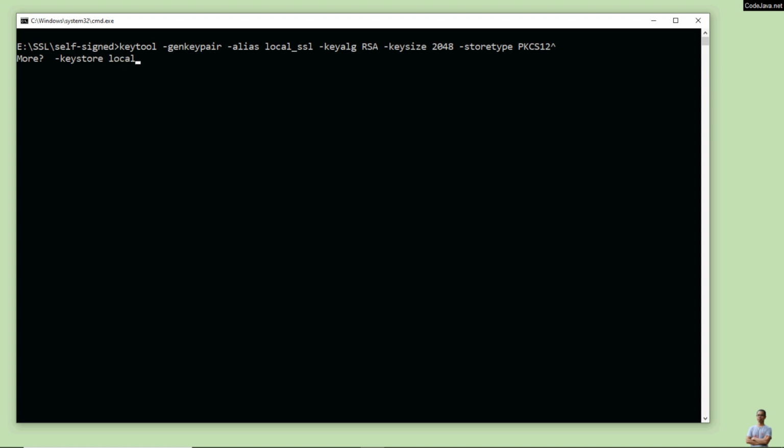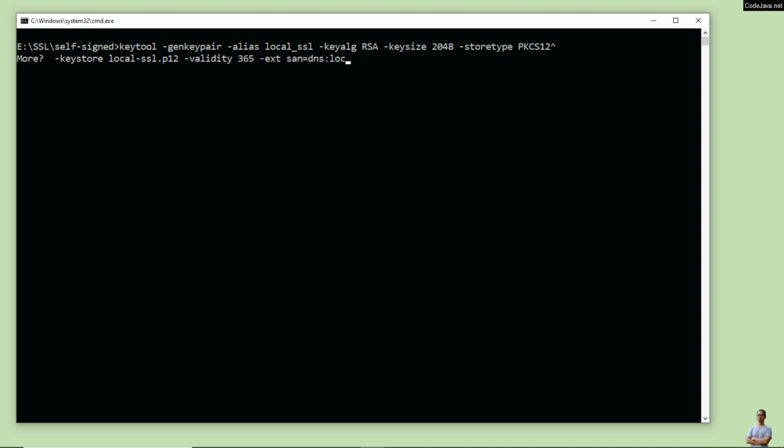I give the name is local-ssl.p12. p12 is an extension of the PKCS12 file format, and then specify the validation time with this flag validity, and number of days is 365 days, which is about 1 year,